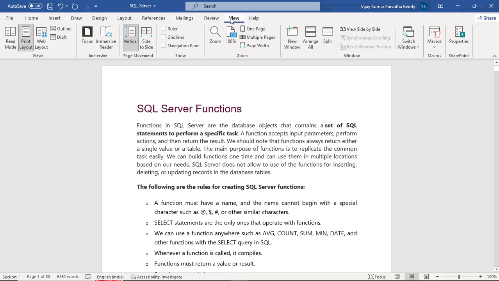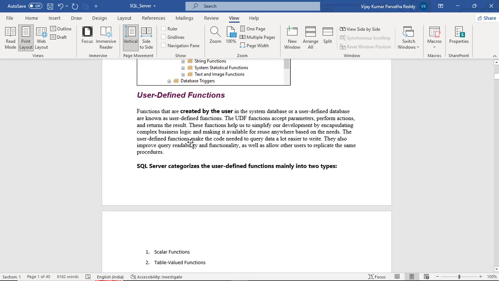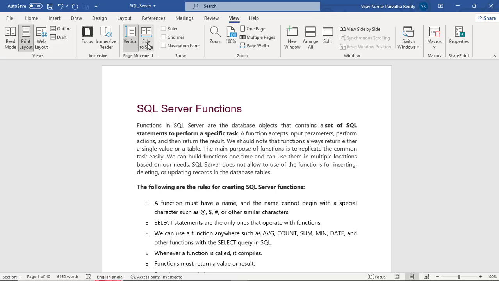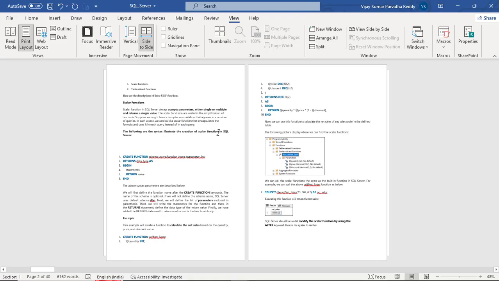Okay, and here we have vertical page movement. Basically, if you scroll the mouse vertically, it is scrolling, and if you want to scroll the pages side by side, you click on this. See, next if you scroll the mouse,